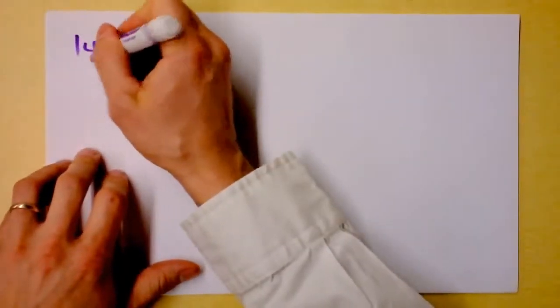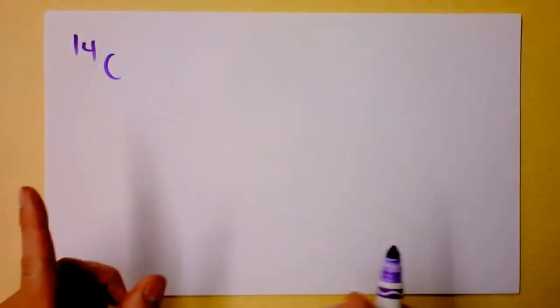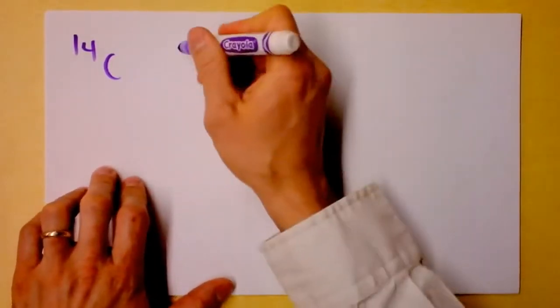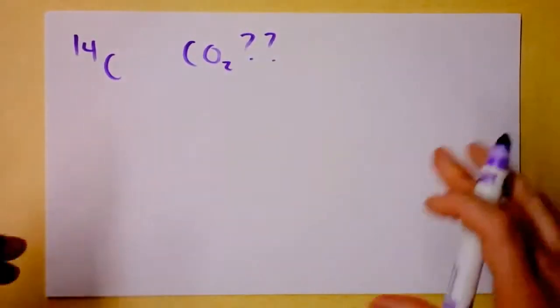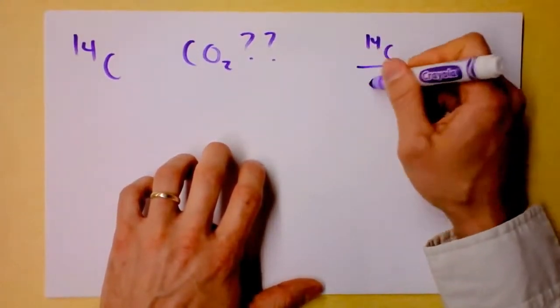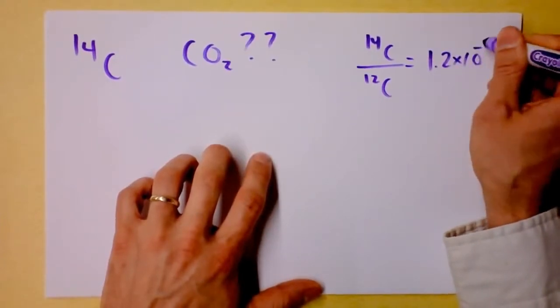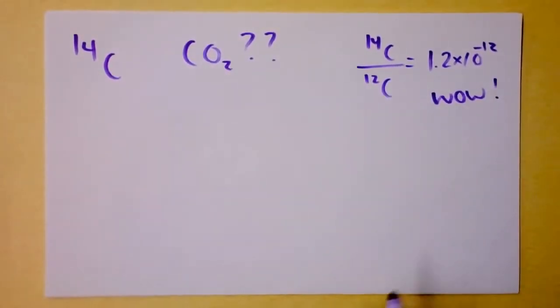Carbon-14 is radioactive. Also, it is produced in the upper atmosphere and captured in predictable amounts by things that are alive. By CO2? Probably. Plants capture carbon-14, and when they die, the percentage of carbon-14 in them is given by this equation. It's a very small percentage, 10 to the negative 12th. So almost all of it is carbon-12, but because there's some carbon-14 in the atmosphere, they're absorbing that just as well through their CO2.